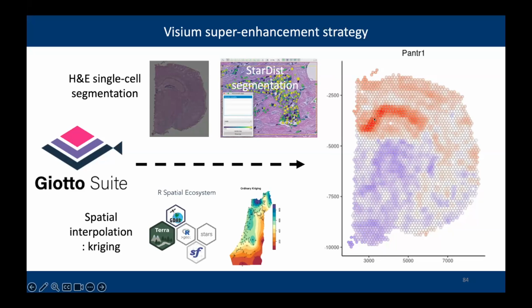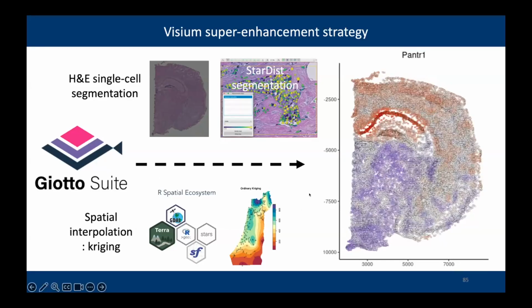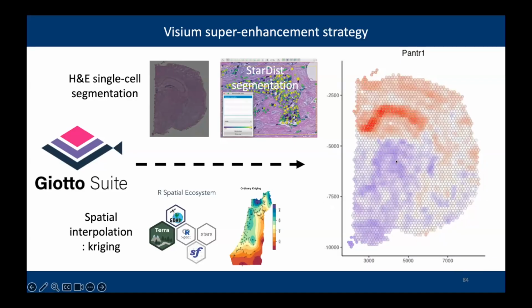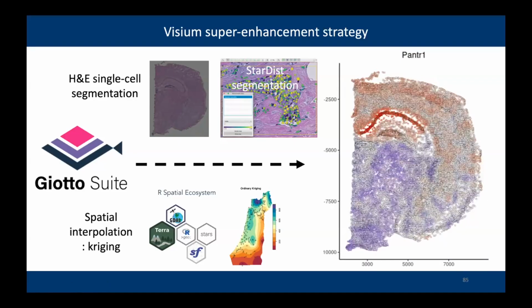With Visium, you have these individual spots with information, but then there's actually a missing spot, and then there's another spot. And there's a very coarse solution. Kriging allows you to impute that data, but also allows you to enhance its resolution in a very simple and effective manner. So if you combine these two within the Giotto Suite framework, you can go from what I showed you before, this typical Visium data set, to something that looks like this, where you now